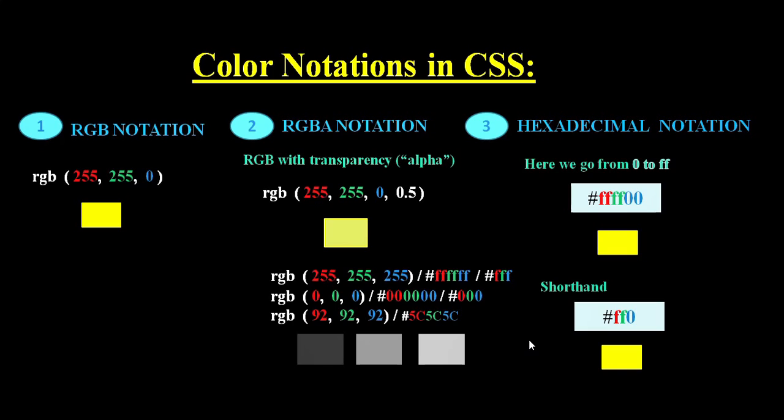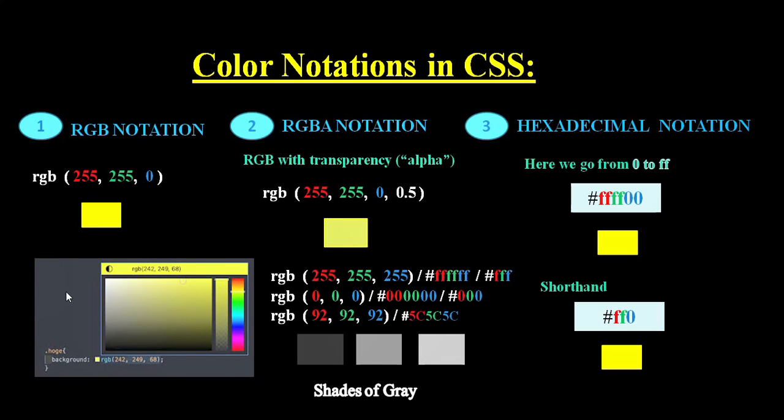But one thing I promise you: we are using the Visual Studio Code editor for our web page designing, so you don't need to worry about all these things, because we have a feature in the VS Code editor called the color picker. By using this color picker we don't need to worry about identifying every intensity. If we use some intensity value, we can easily pick a color from the color picker. Don't worry about all these things, but you need to keep in mind all those RGB color models,